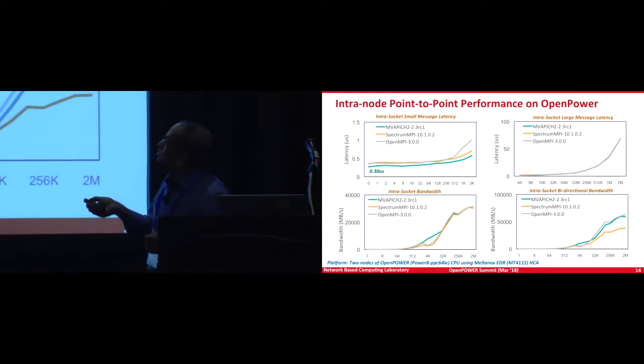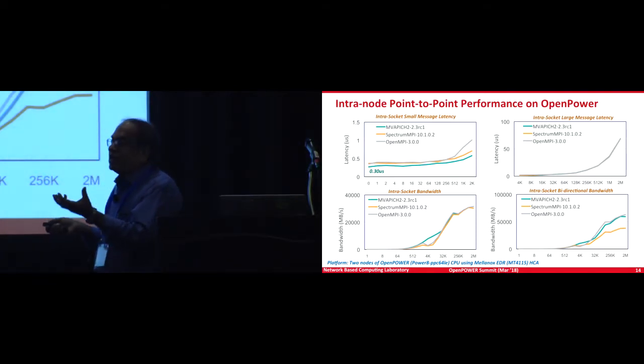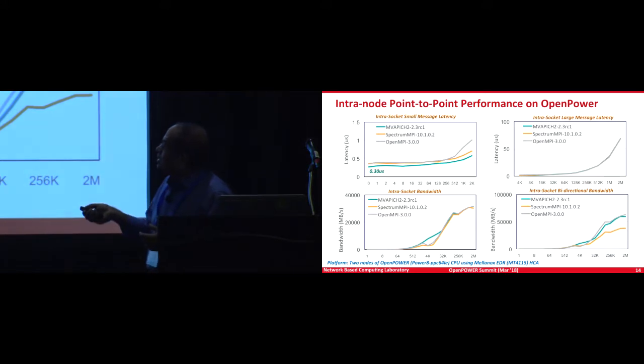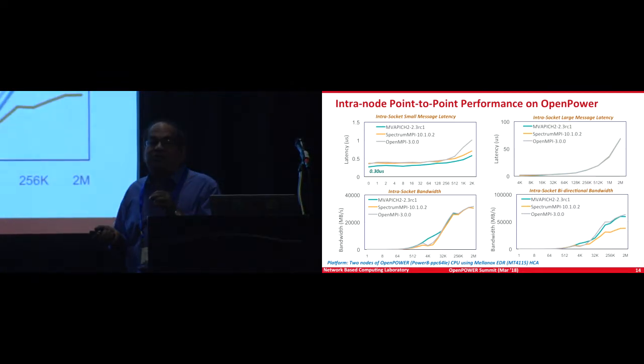What we are trying to show is intra-node, within a node, how efficiently you can do MPI communication. And as you know, OpenPOWER has a lot of cores. Here you can see the green line: within two cores intra-socket, we can actually do MPI communication in 300 nanoseconds. Then this is the intra-socket small message latency, and this is the intra-socket large message latency; they are very similar.